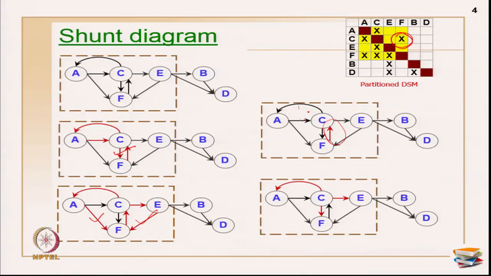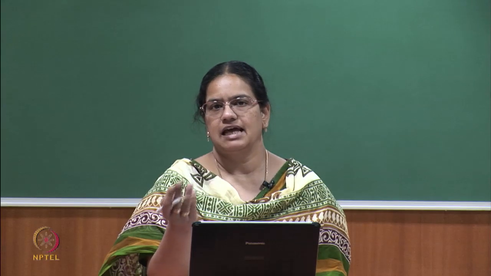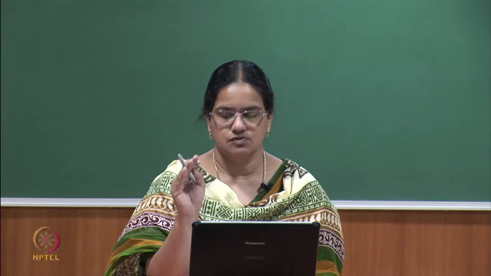Okay. Now, if I have chosen another mark, for example, a different set of feedback marks, this cycle is broken. Now, this loop is still remaining. So, I have to choose one cycle here, and here also I have to choose one more, because there are two cycles here, one cycle of length 2 and one more cycle of length 3. Again, if I have to choose this, I have to choose one more. So, I have chosen this as a common cycle. Okay. So, minimal two tear marks you have to do, or it can be three or even more. Okay. That is what you have to do.